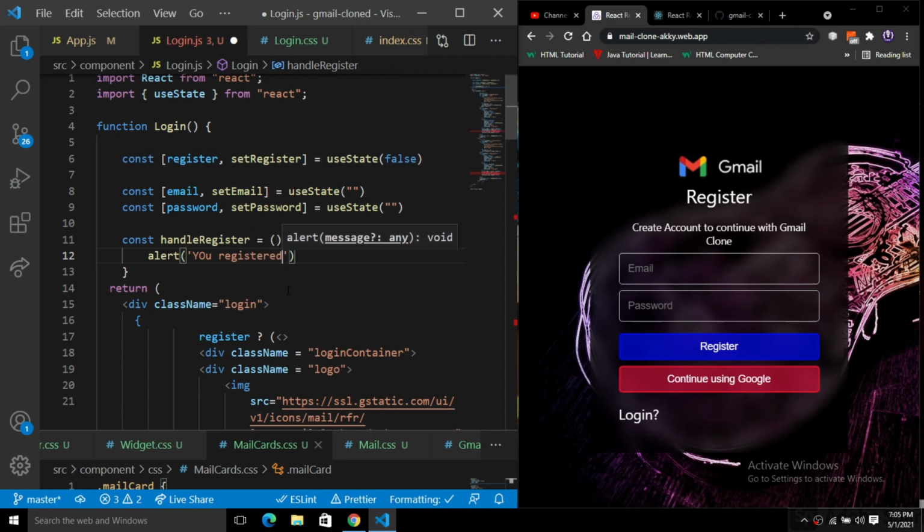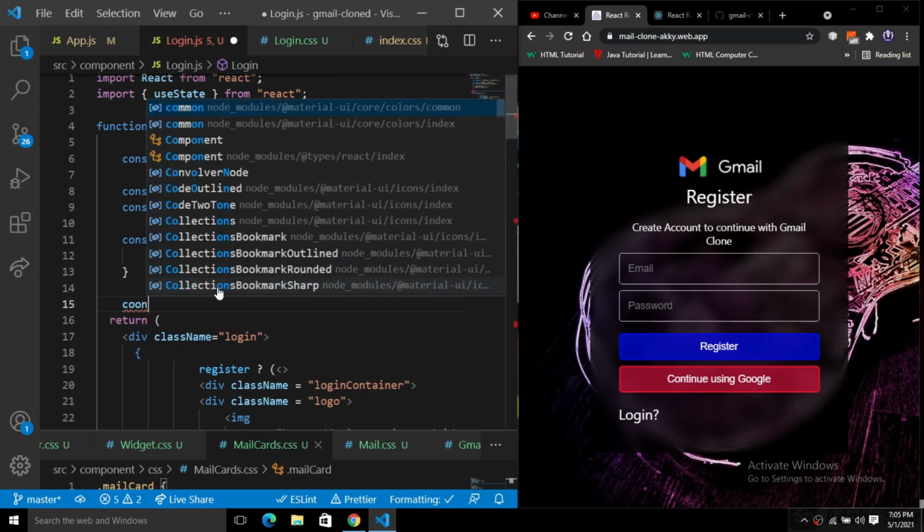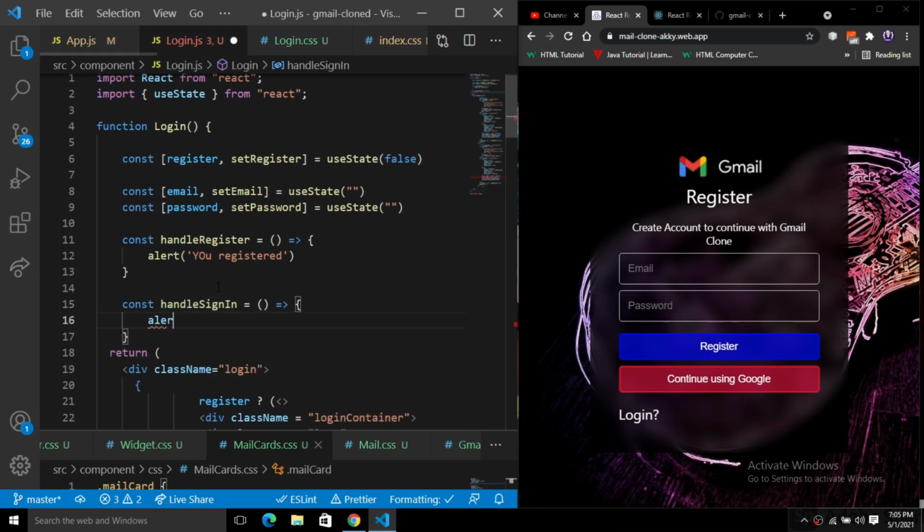Next we have a handle sign in. So const handleSignIn, let's create this. Here we'll push the alert, and inside of this alert we simply put "You are signed in."